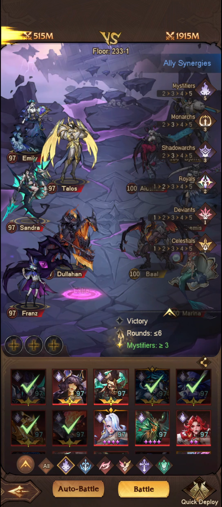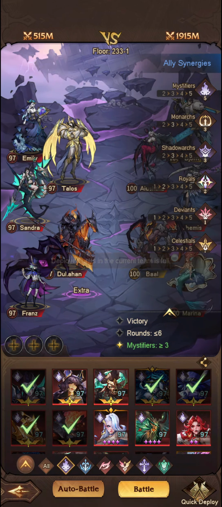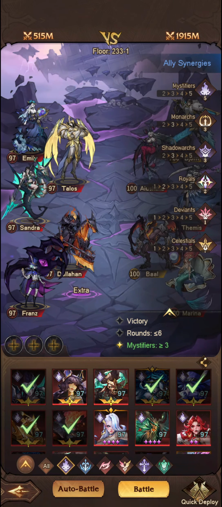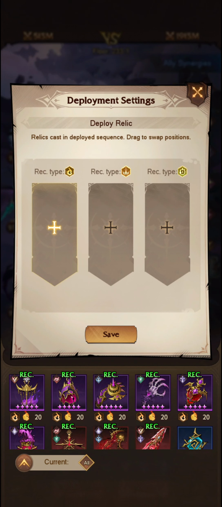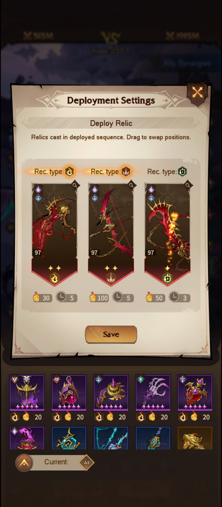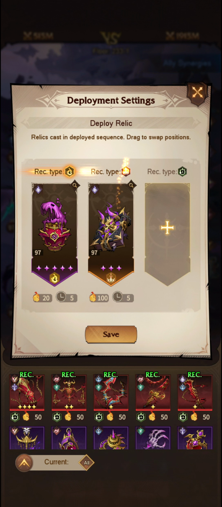Now the reason that I've gone for this setup instead of using some of the other units like Astrid or Catherine is because a lot of people may not have access to these units, so I'm just going to show how Sandra works in a basic Mystifier setup. We will be using some of the legendary relics just because I do have access to them, but if you were to run a basic Mystifier setup, you would need the cursed jar, the book, and then you can use this one,